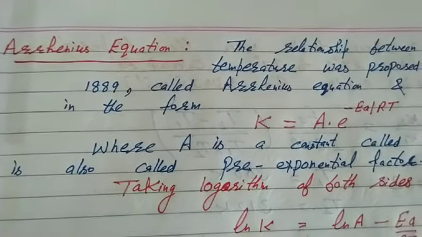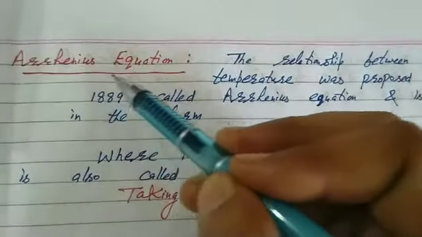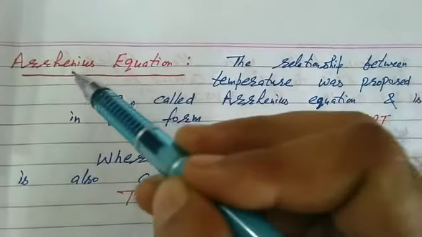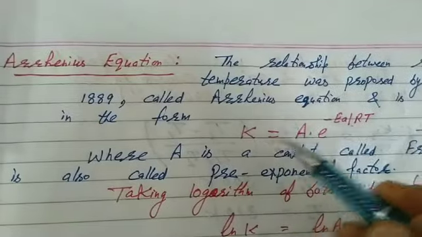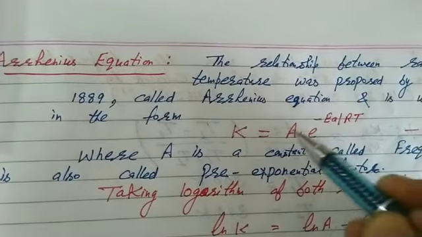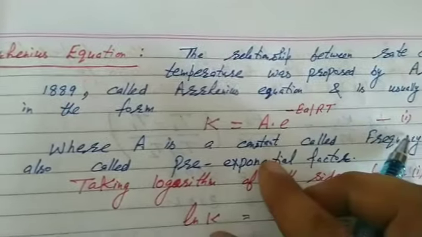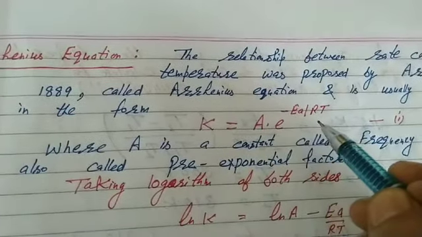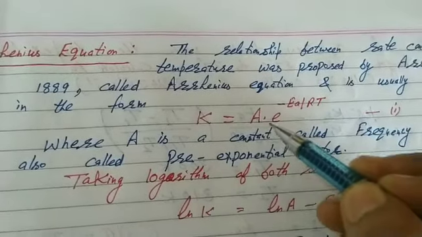Hello students, today in this session we will discuss the Arrhenius equation. What is the Arrhenius equation? The relationship between rate constant and temperature is called the Arrhenius equation and is usually written as k is equal to A e raised to minus Ea upon RT, where A is a constant called the frequency factor